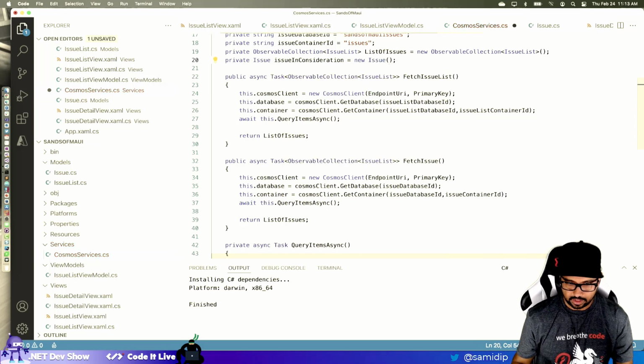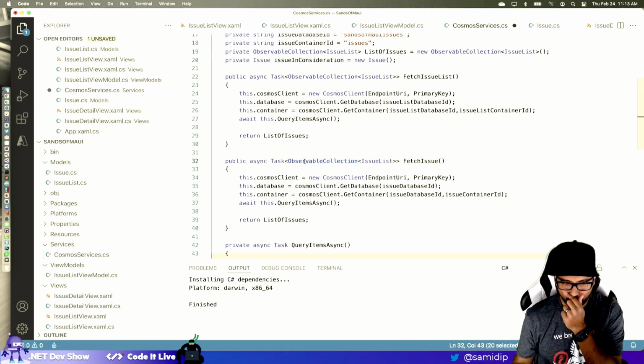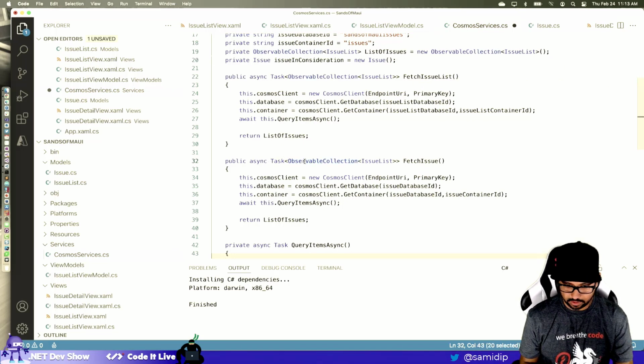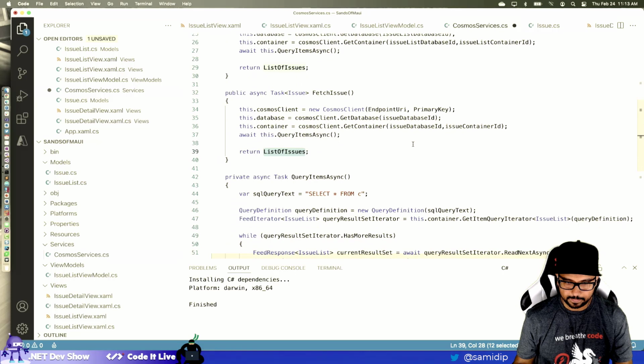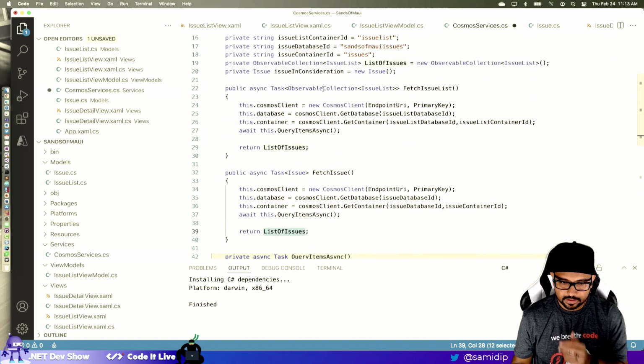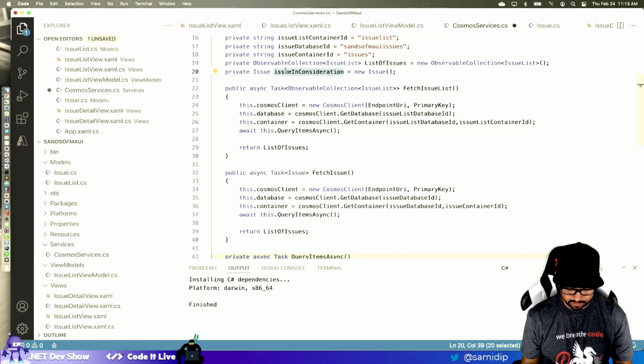Okay, and from this fetch, we are going to return a task, but it's going to be just of the type issue, just one, not a list. All right, fetch issue. All right, and container is there. Return, hold on, this is a bad name. Selected issue maybe sounds better, and I'm going to return that instead of the list of issues, right?